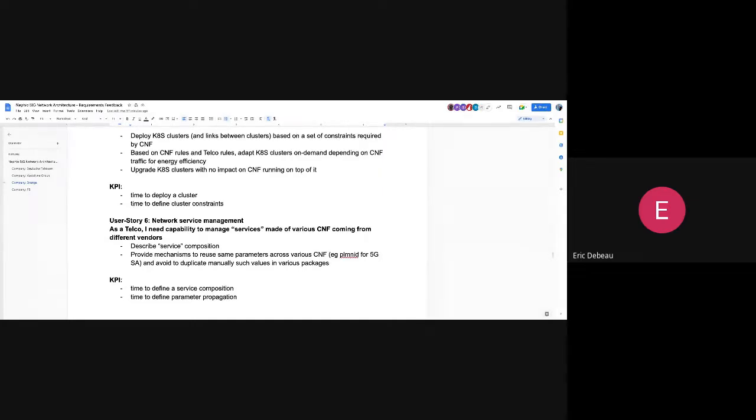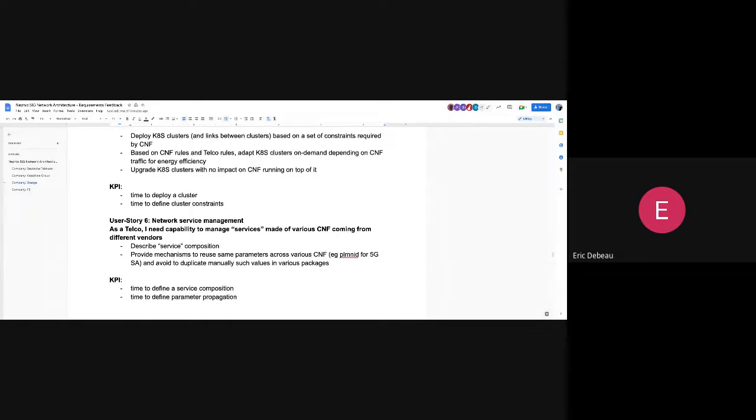That's something, for example, we face when we try to deploy our 5G core today. And I think we should have some kind of solution to build common values between the various CNF. I think it's not very complex to do, but that should be also in the V1.